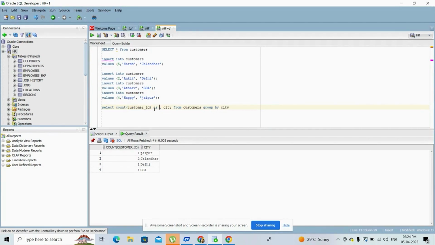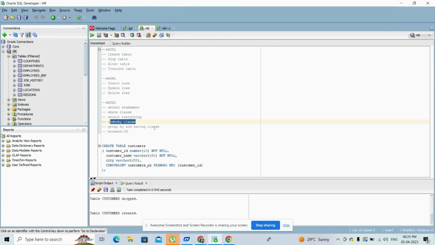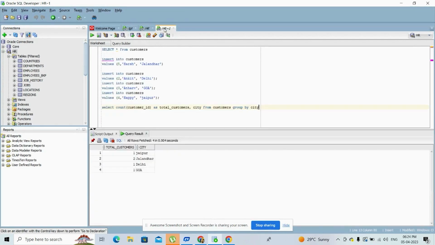We can select as total customers. If we give it like this, it will change the alias also. Total customers in Jalandhar there are two, and in all the other cities there is one. So we have done the group by also, and now